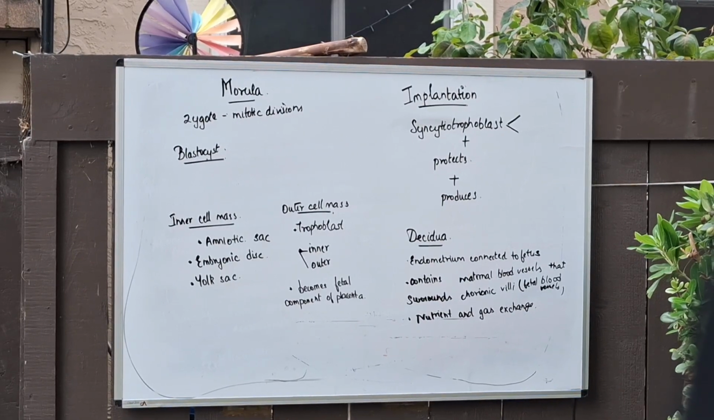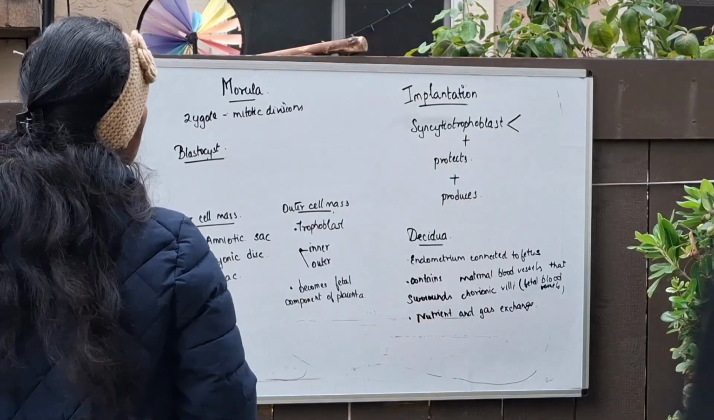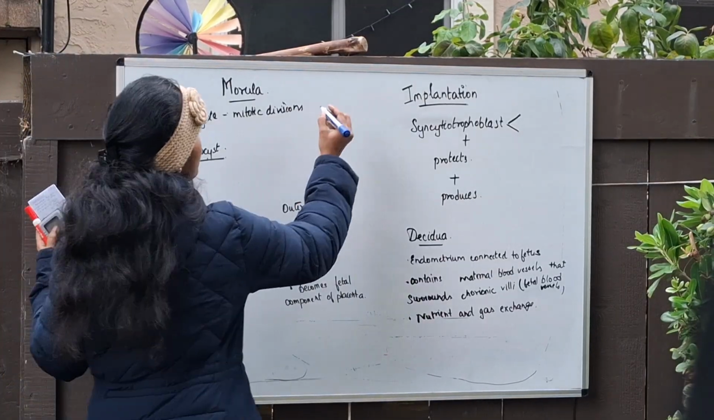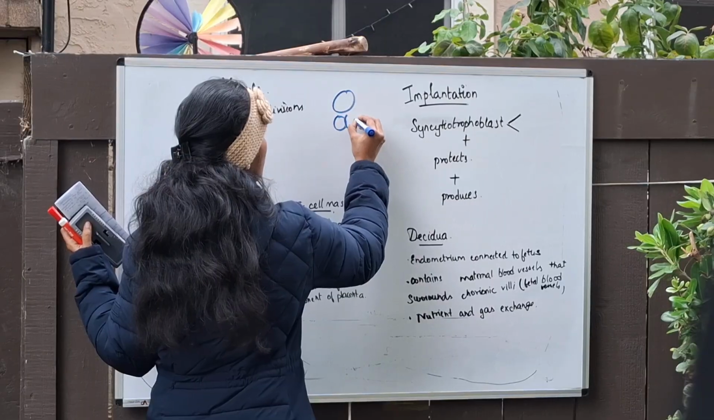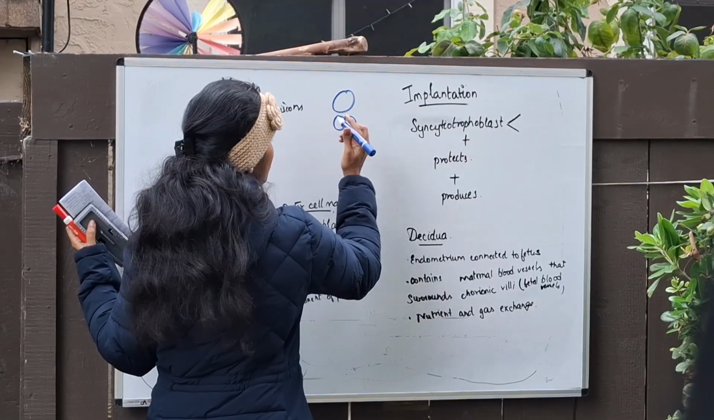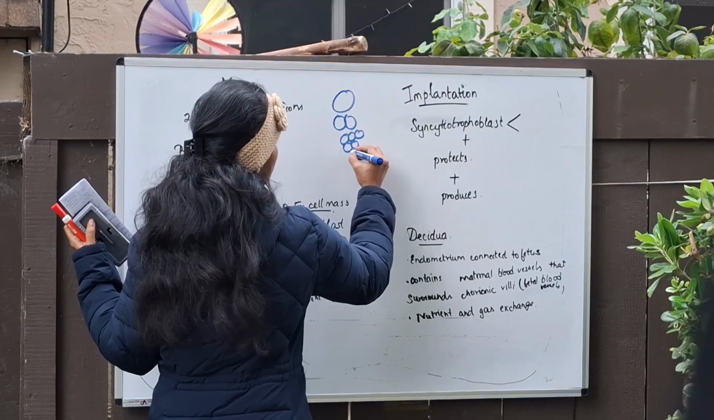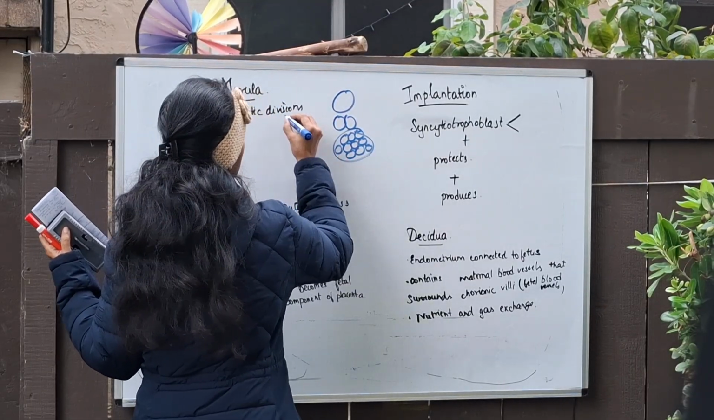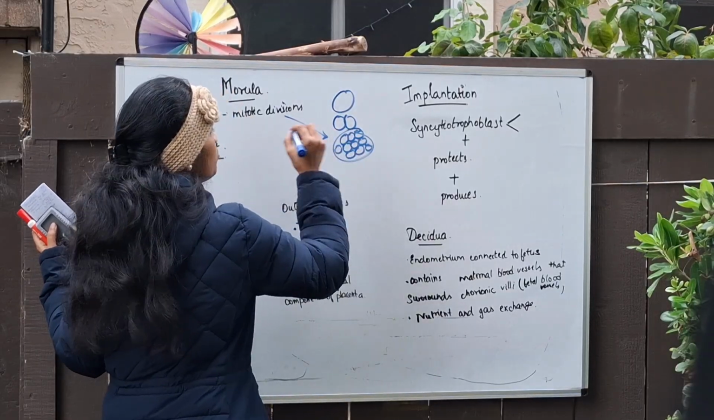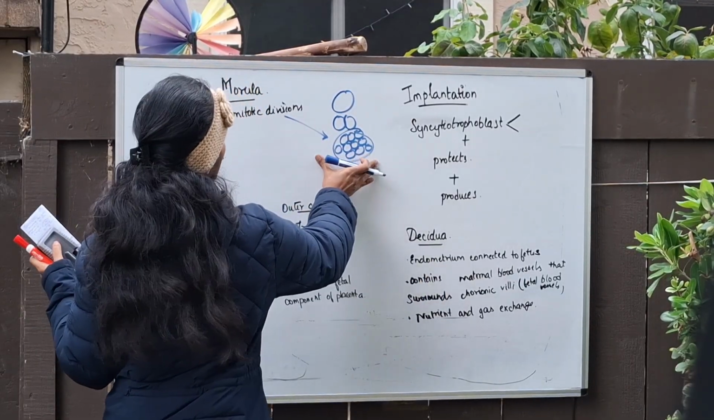Hello everyone, let's see what is a morula. Once fertilization has happened and the zygote is formed, the zygote will now divide into many cells. So the morula is a ball of cells. This ball of cells is known as the morula. How does that form? The zygote will undergo numerous mitotic divisions, thereby forming a ball of cells, that is